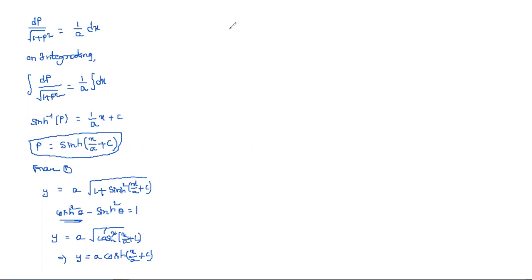Here it is. Next one, solve y is equal to 2px plus p power n. If you observe, this problem consists of x terms as well as p terms and y terms, all the terms included. But already they give y on the left side and the remaining terms on the right side.